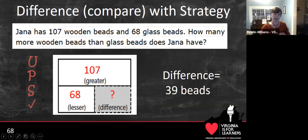Here's an example of the difference additive schema, and in our curriculum framework, they're referred to as compare. This is where you have larger and smaller amounts compared for a difference. So in this example, some teachers might think, oh, you can only figure this out because you